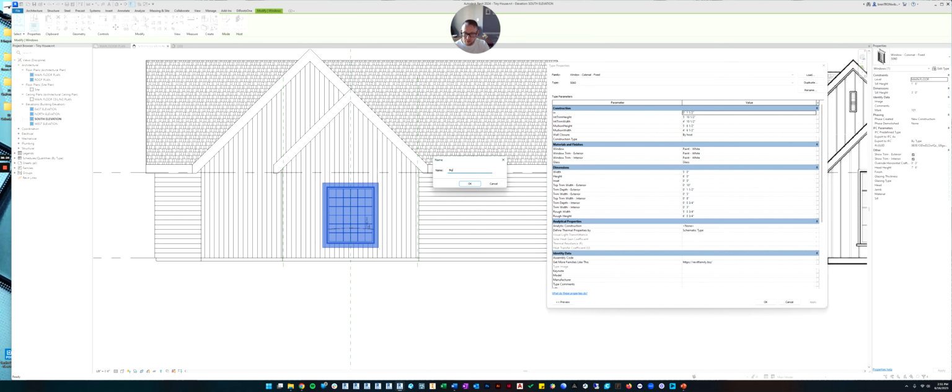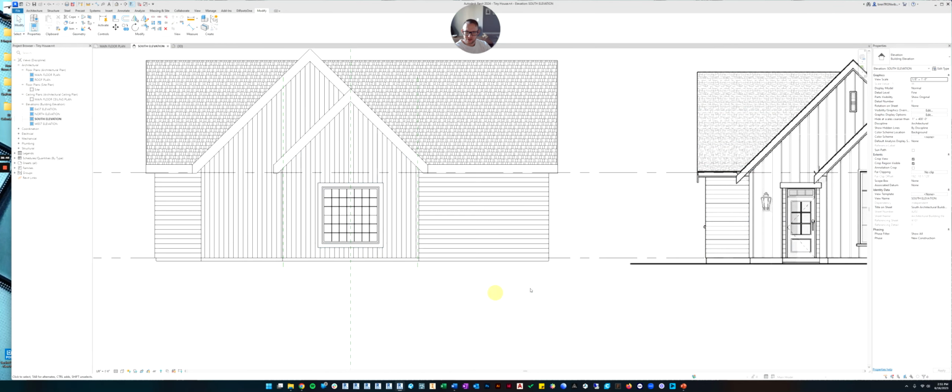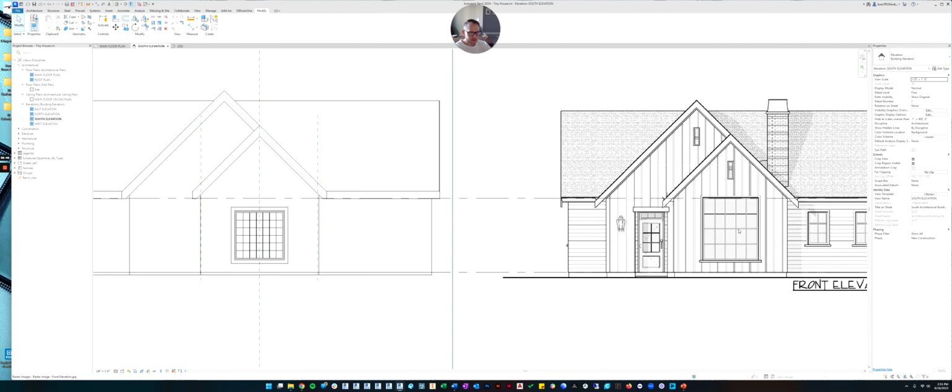Let's do big front window and click OK. And then if you go down to dimensions, you can see the width is 5 feet. So let's change it to 6. And its height is already 6 feet. So let's see what that does. So that makes it wide enough.